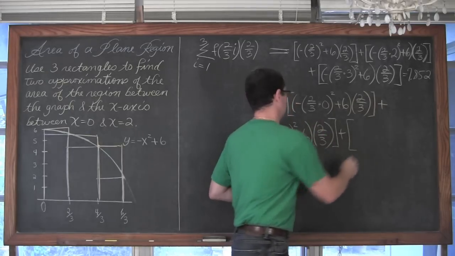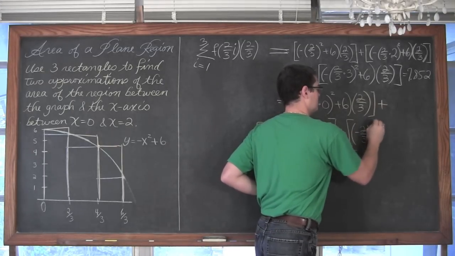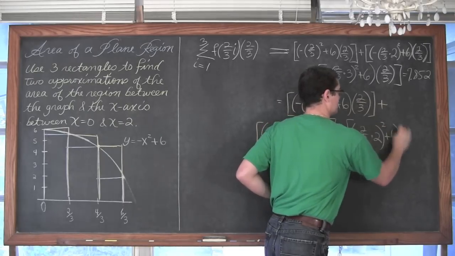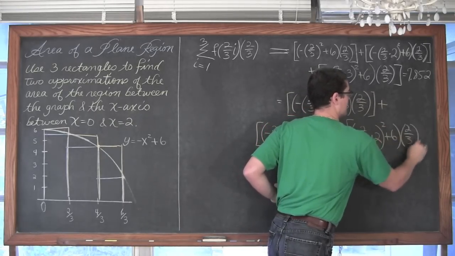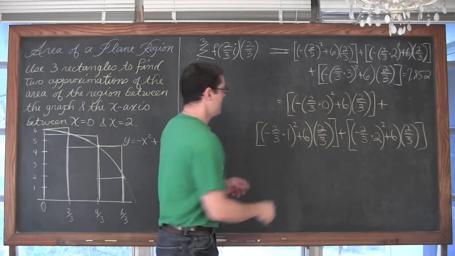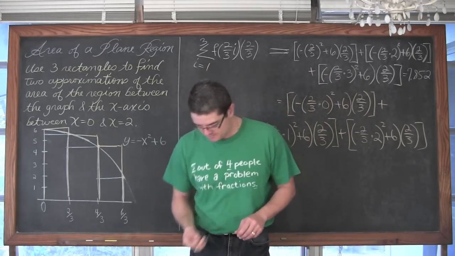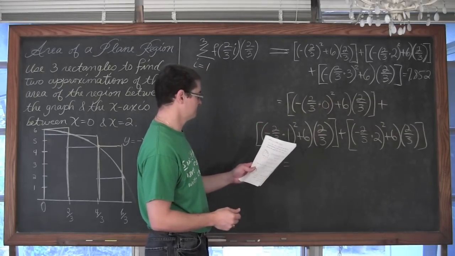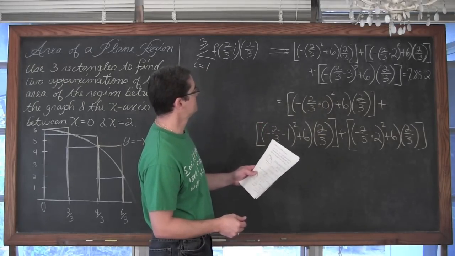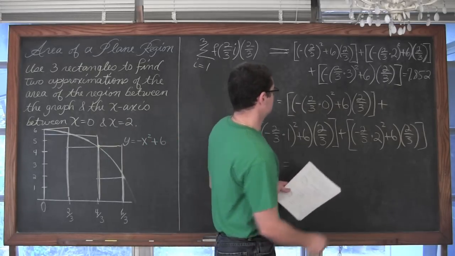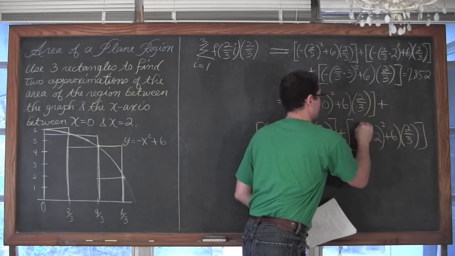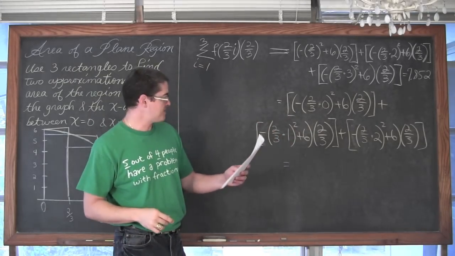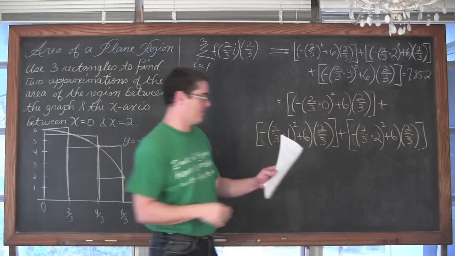plus negative 2/3 times 2 squared plus 6 times 2/3, and I'm for some reason really writing quite large. This area comes out to be, right off the top of my head, I'm putting my negative in the wrong spot here. Started writing faster and messed up a little bit. Okay, so that comes out to be